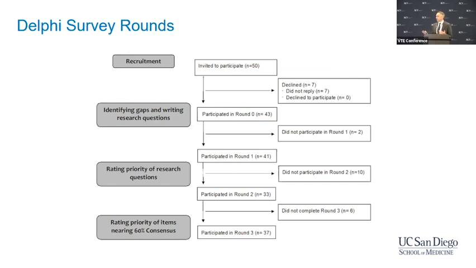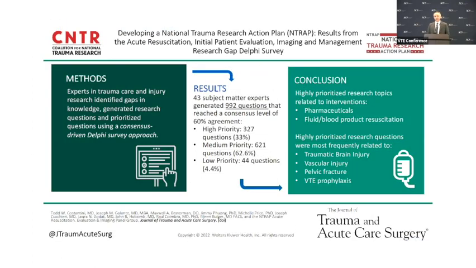Once those research questions were obtained, they went into a computer program, and the panelists would go in and basically rate the priority level of that question on a Likert scale from 1 to 9. And then you would continue through multiple rounds of the Delphi process to answer those questions until consensus was reached. Once 60% consensus was reached, that question was answered and it was removed. So luckily, where we started with 1,000 questions, as we gained consensus on questions, that number decreased and allowed us to get to our final results.